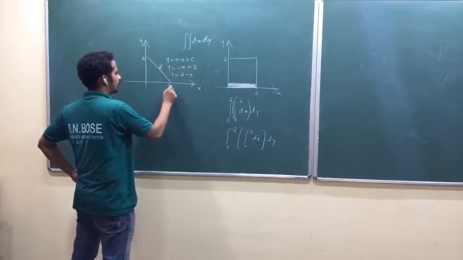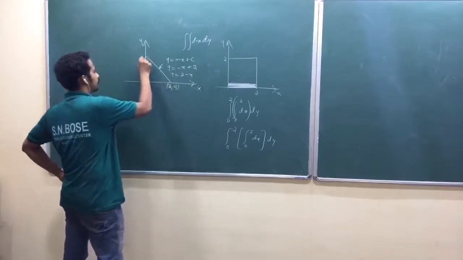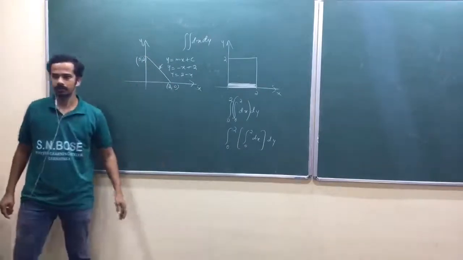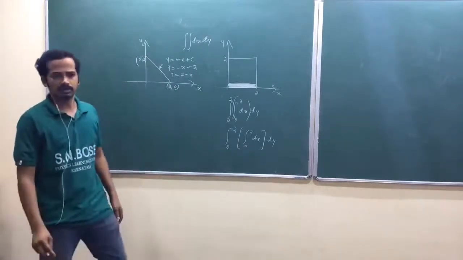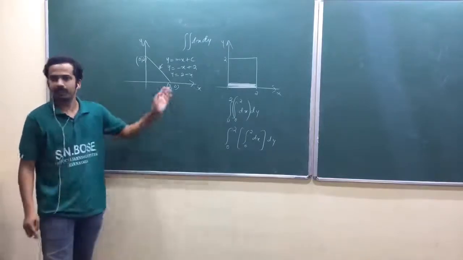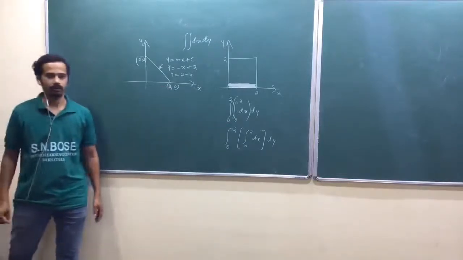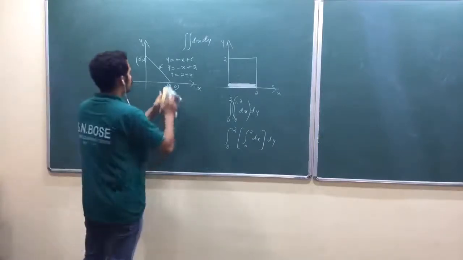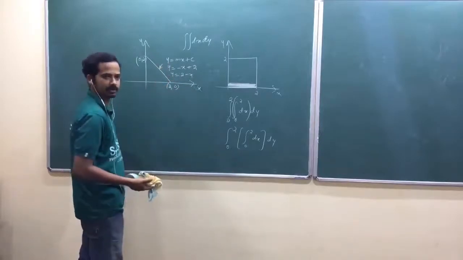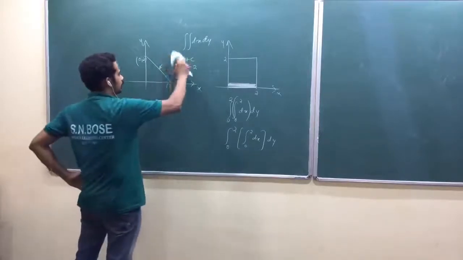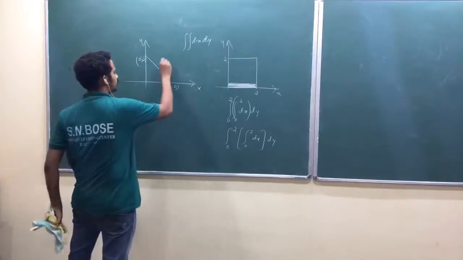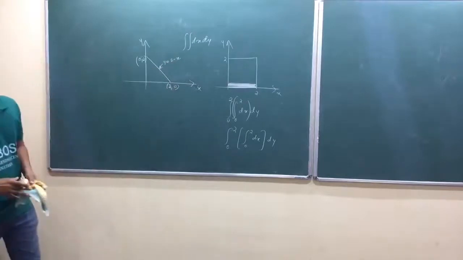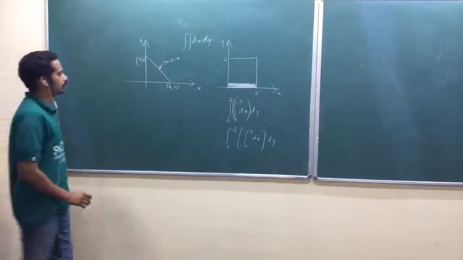Or take these coordinates, 2 comma 0 and 0 comma 2. You know how to find the equation of a straight line when you have two endpoints, isn't it? x minus x1 over x2 minus x1 is equal to y minus y1 over y2 minus y1, like that. Just follow those kinds of formulas, whichever I feel comfortable with: y equal to mx plus c, where c is the y-intercept. Is that okay? So now the equation of this line is y equal to 2 minus x. So now look here.